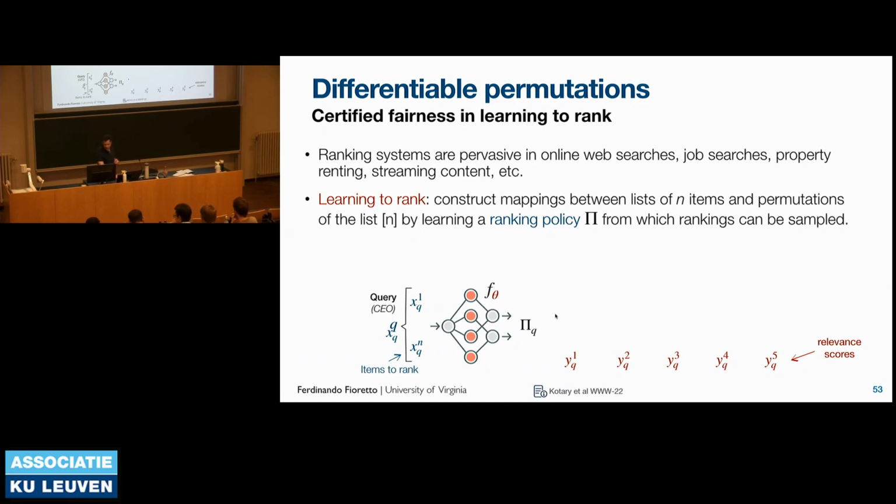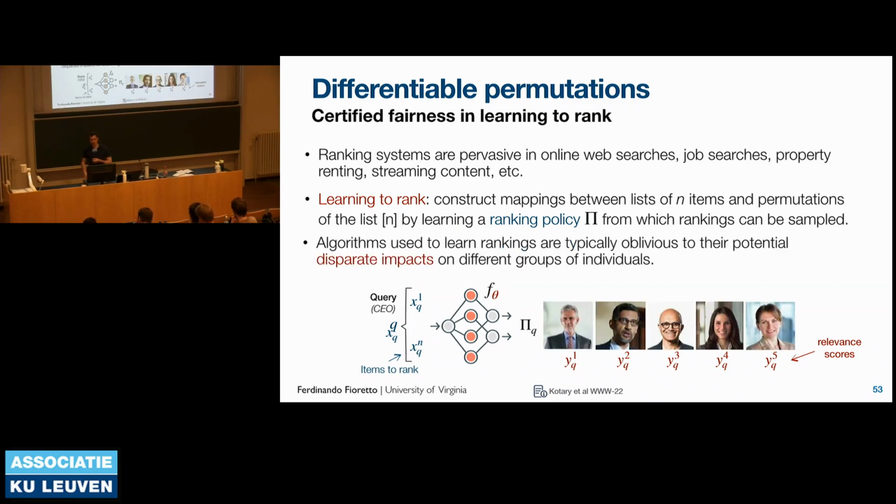And what can happen here is the following. While those ranking algorithms are important, surprisingly, they are agnostic to the implicit bias that they might have. So for example, if you run a query like CEO on an image search engine, you could find that the results displayed disproportionately reflect males over females, right? Some mitigations have been developed recently for such problems, but this is really the bulk of the question: how can we reduce the disparate impacts that are arising across different individuals?